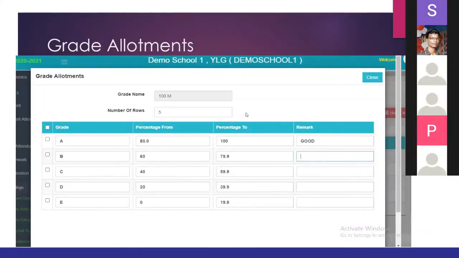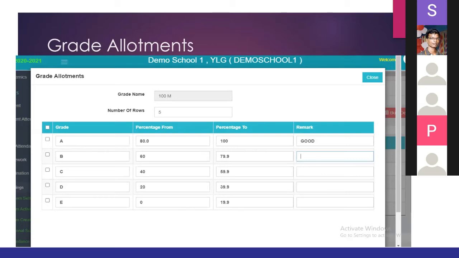Next, you have to fix the grade methods. The grade method is useful to evaluate the student performance. Here I created one grade, with grade name called 100 mark grade.